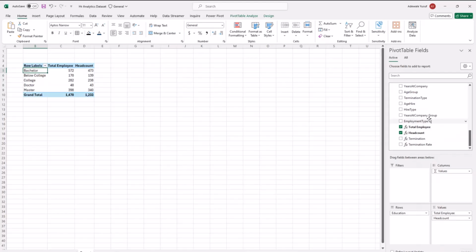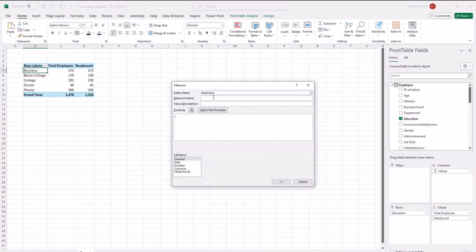Now, when you are calculating salary, you know some of the employees have left. So you can't add their salary to the salary that you want to create, because they have already left us. So you only calculate the salary for those that are actually still with us. So what you do is you go back to employee, and you add a new measure again. Let's say salary.